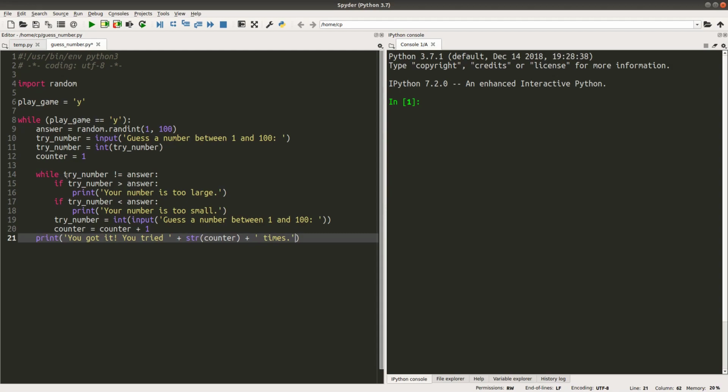If the user is able to get the answer correctly, this while loop will no longer be executed.